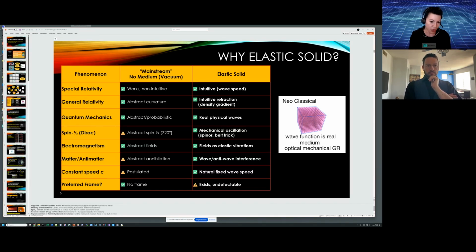So the math is fine, but I want to understand how it works. Reading from all these different possibilities, it seems to me the elastic solid approach is able to explain all these things in a really simple way. That's what I like about it, from the ground up. And it's literally easy in a way that even an elementary school kid could probably understand, at least to some extent, right? So that is basically what I'm trying to do. And if you want to, I can go ahead and dive right into the next topic.